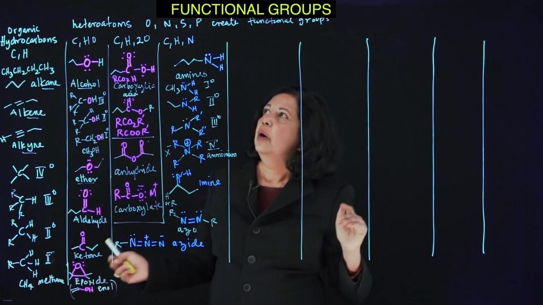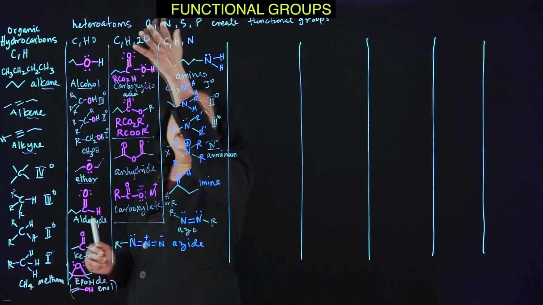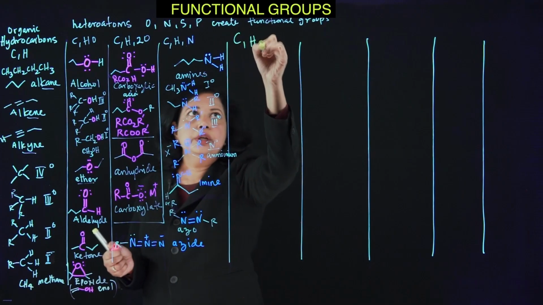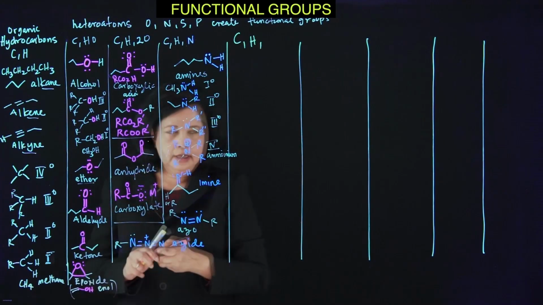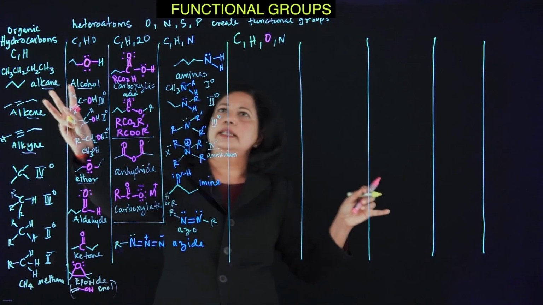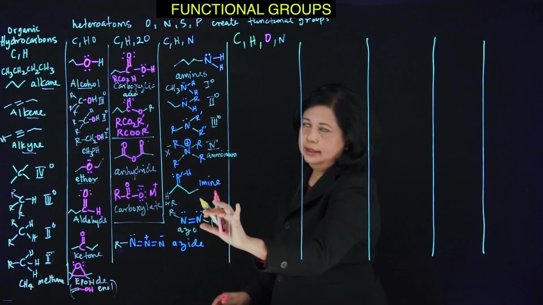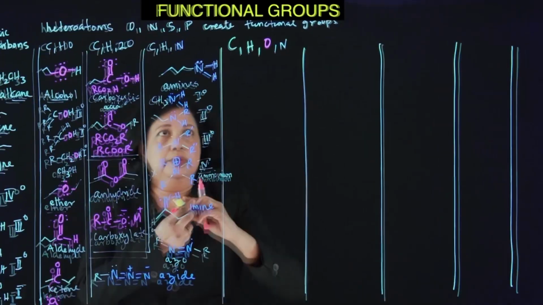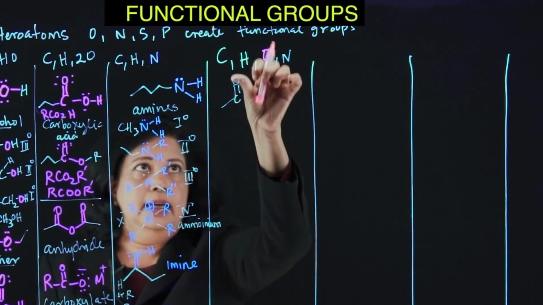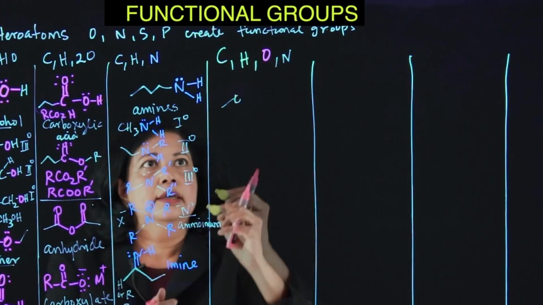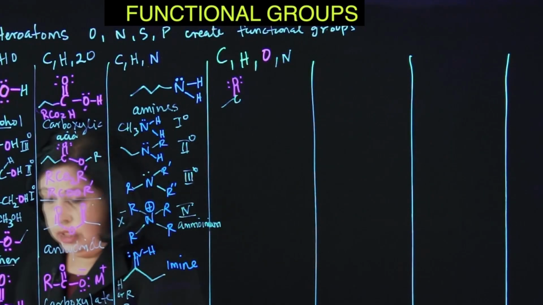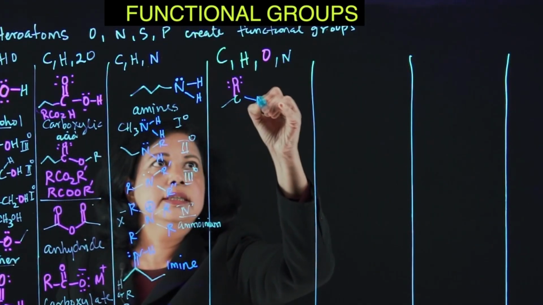What else can we do? Well, how about mixing stuff up? CH, O, and N. So let's see, CH, and then maybe put an oxygen and a nitrogen. Why not? So these are the most common, and then as you go down, they get a little bit more rare. Except for the amides, which are very common, which is proteins, and we're made of them. So here, you can think of having a carbon with a double bonded oxygen and a nitrogen. So you can have this.